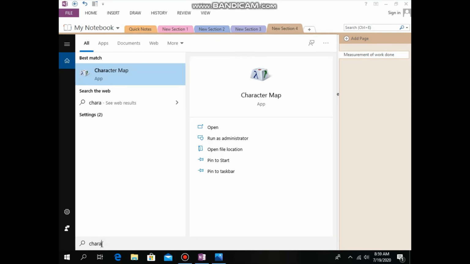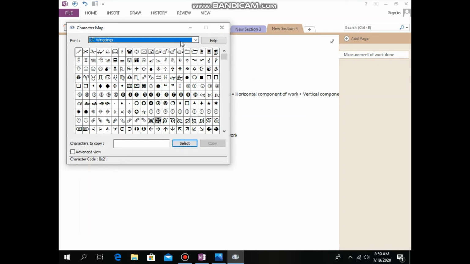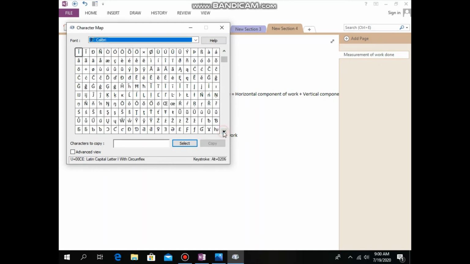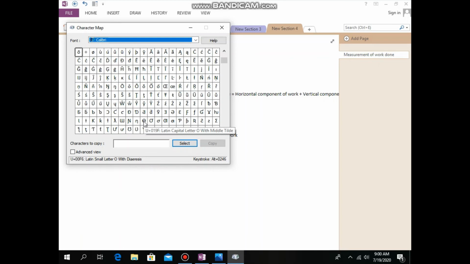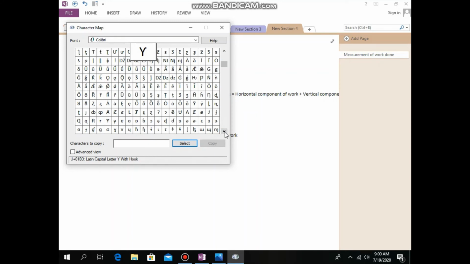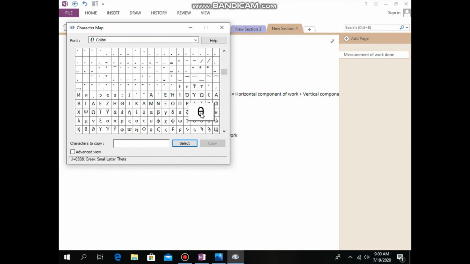Let me search for it in the character map. Do we have theta in the characters? Okay, we are using Calibri font. Then let me search for theta here. Do we have it? Can you see theta? Okay, here it is. I guess this is not exactly theta, but it resembles it. It looks like theta. If I cannot find theta, I can use this character as well. Don't worry. Where is theta? Okay, here it is. Yes. Copy,